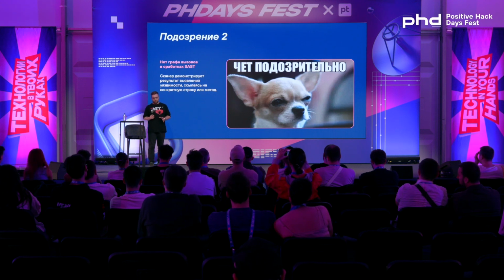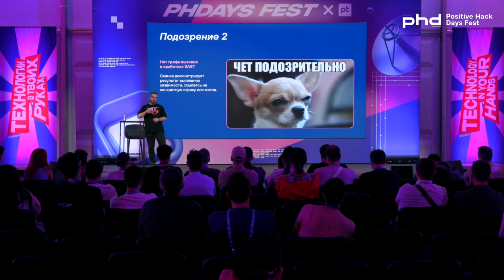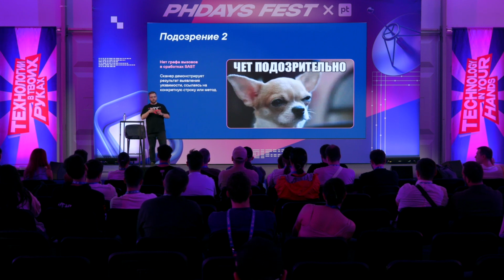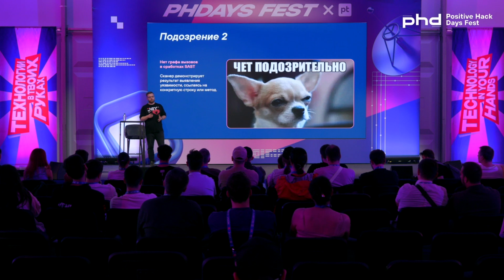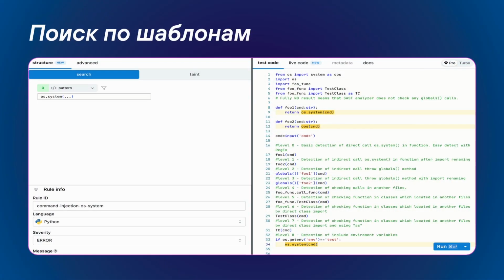Suspicion two: the scanner demonstrates vulnerabilities by referring to any line or method. You cannot see where the data came from, how they move across the application, or how the code is executed, which leads to the vulnerability. It means that the scanner uses templates. Take Semgrep, a classical tool: on the left the signature, and on the right the code of the application that we use